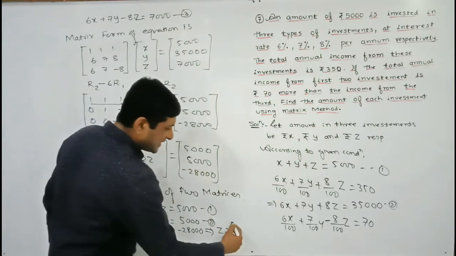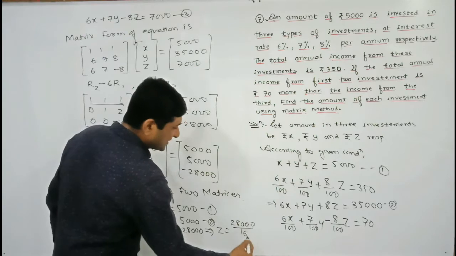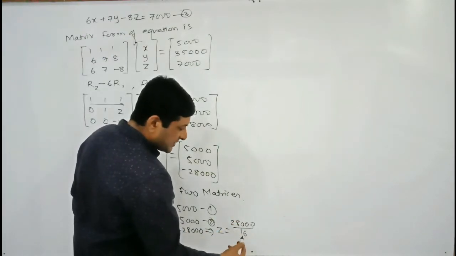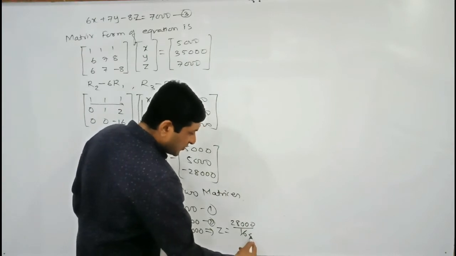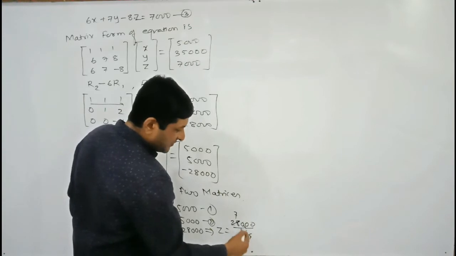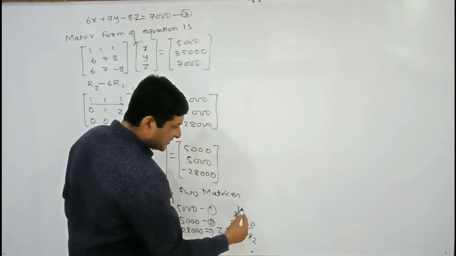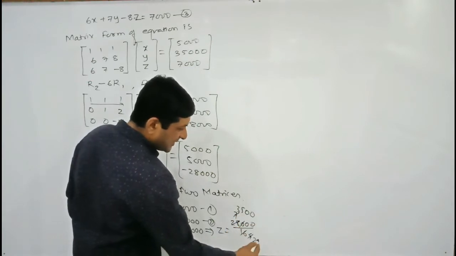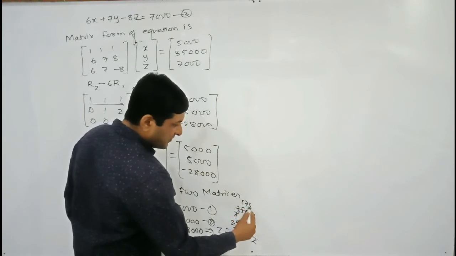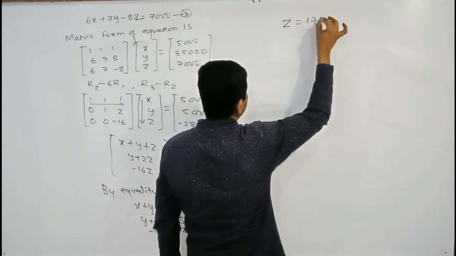which implies that z will be equal to minus and minus on both sides will get cancelled. On this side we will get 28,000 divided by 16. Let us perform this division. So here we can observe that these two numbers are divisible by 4: 4 fours and 4 sevens. So again 70, here we are getting 70, means 2 twos and 2 thirty-fives. Again this number is divisible by 2, so we will get 1750. What value of z are we getting here? z is equal to 1750.